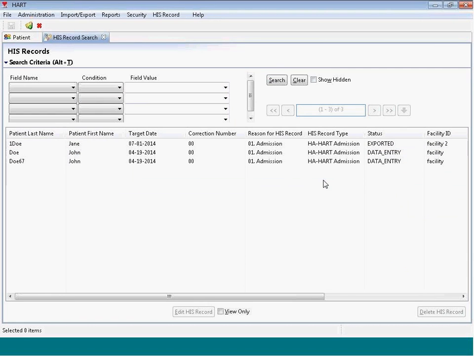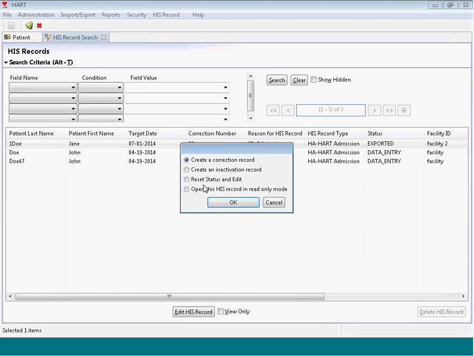Only a system administrator can delete a HIS record. However, you will not be able to delete a HIS record that is in exported status. If you select a record in exported status and you have not yet submitted it, you can double-click on the HIS record and choose Reset the Status and Edit. This will reset the status back to data entry, and you will be able to delete